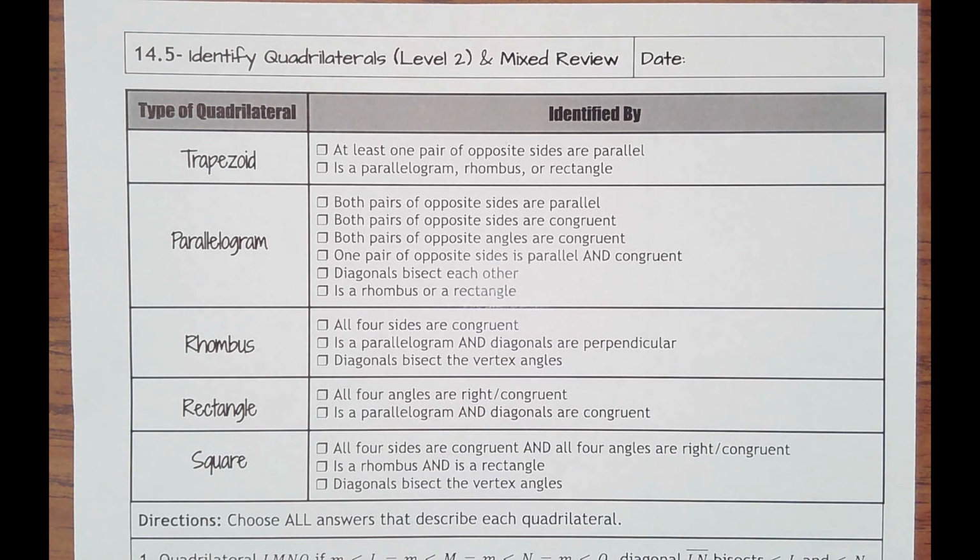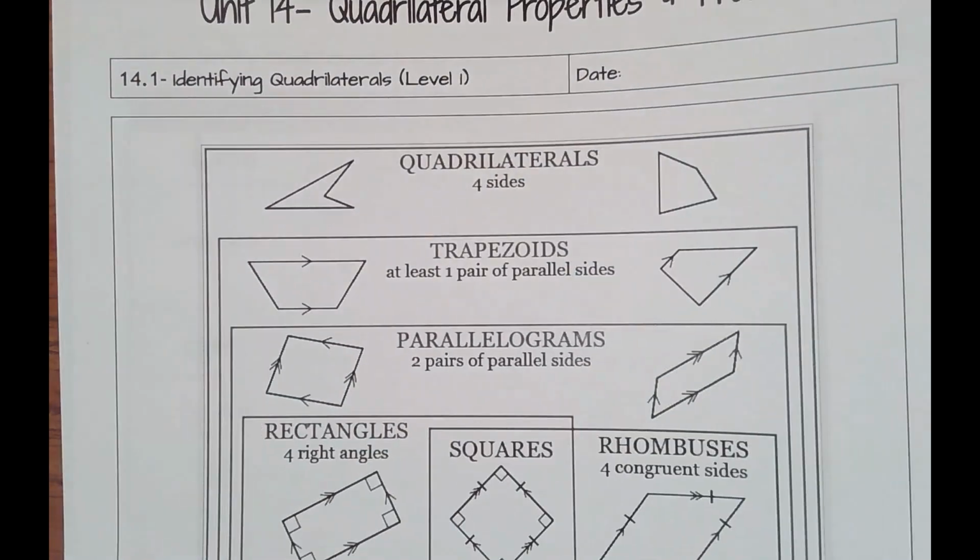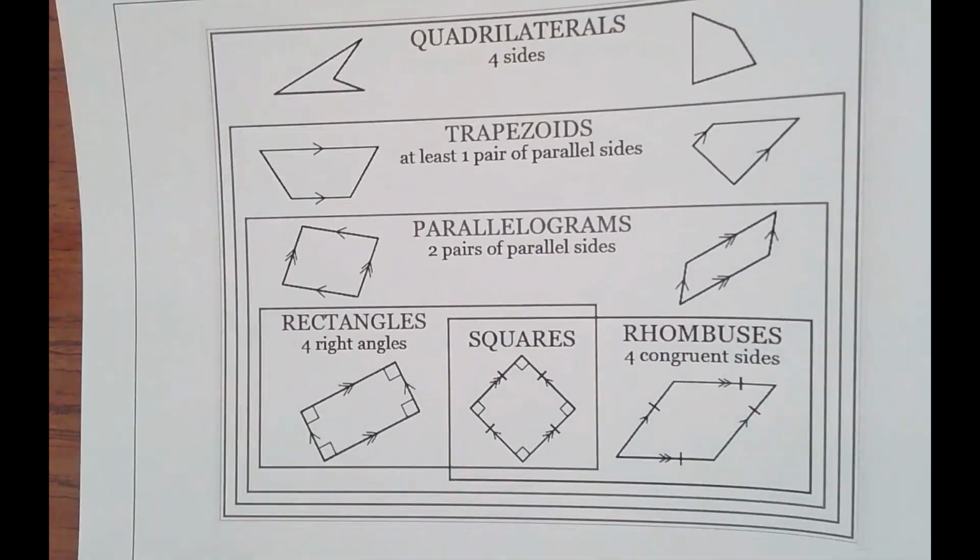Lesson 14.5 is identify quadrilaterals level 2 in a mixed review. I went ahead and wrote down all the identifications or the characteristics of the shapes. I don't need quadrilateral on there because these are telling you they're quadrilaterals. You're deciding what type. It might also help to get this page back out too, just to remind yourself that if